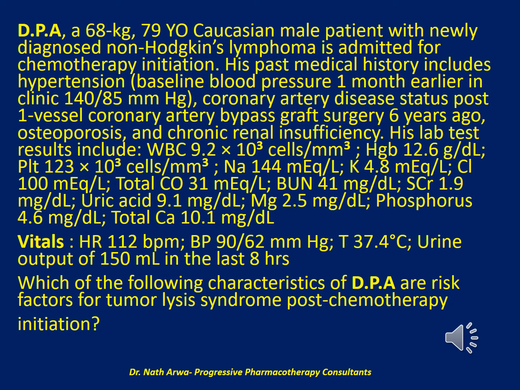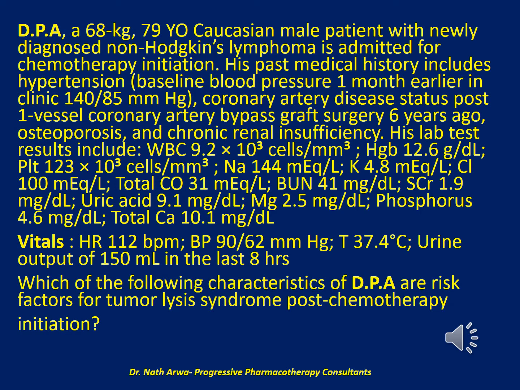His lab test results include a WBC of 9.2 × 10³ cells per millimeter cubed, hemoglobin of 12.6 grams per deciliter, a platelet count of 123 × 10³ cells per millimeter cubed, a sodium of 144 milliequivalents per liter,